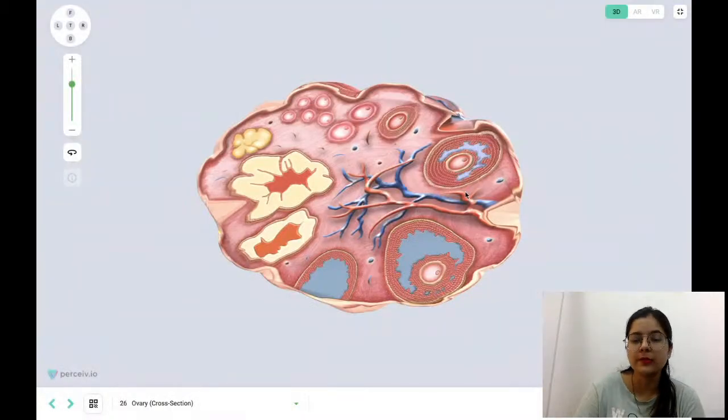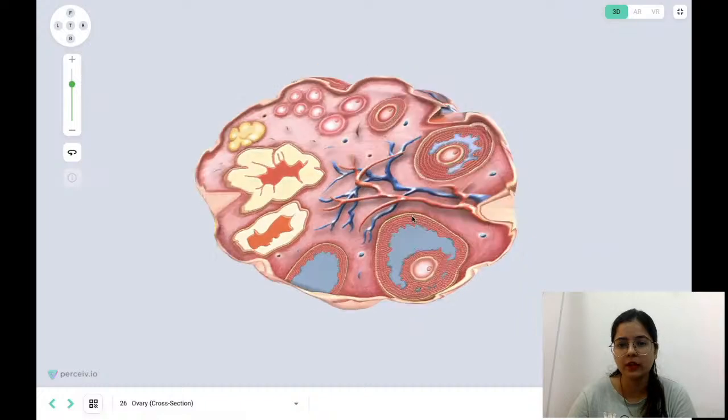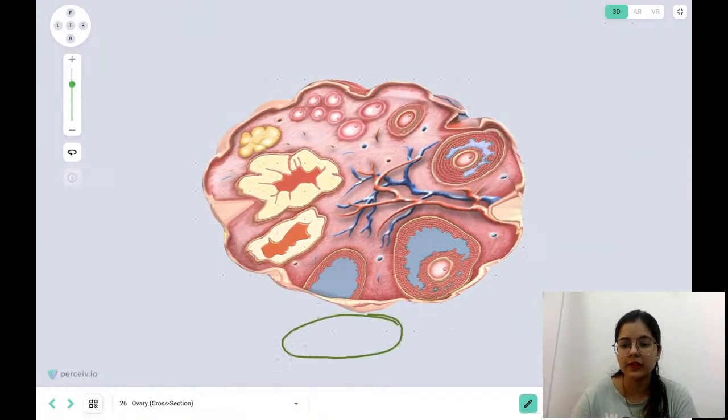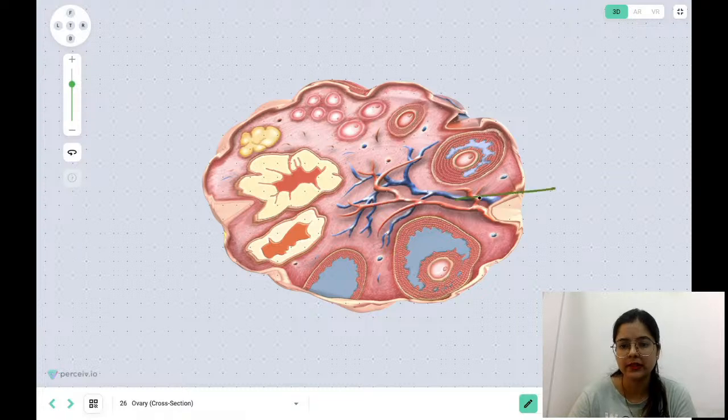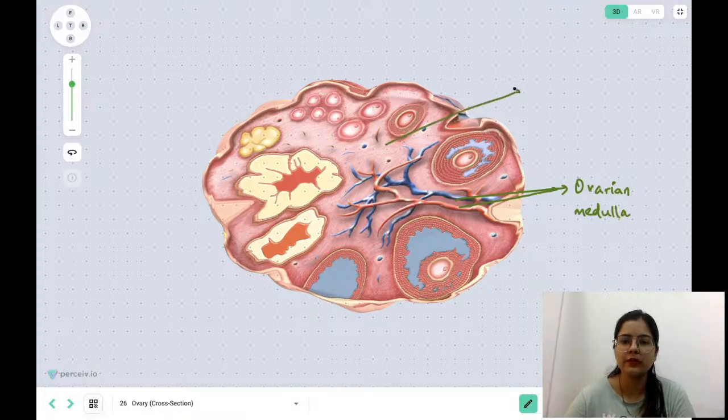So this part which you can see over here, this is considered to be the peripheral cortex and the inner medulla. So that part I need to show you. So these blood vessels which you can see over here, this is basically the cross section of the ovary, all right. And these are basically the blood vessels. So this comprises your ovarian medulla. This is your ovarian medulla. And this portion, peripheral portion in which the entire process of oogenesis takes place, this is your ovarian cortex